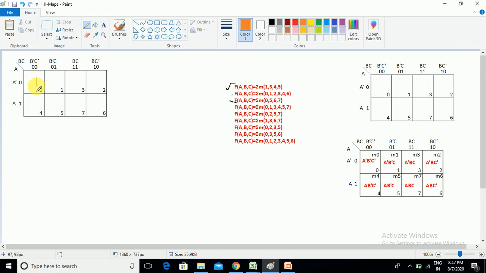Now all are selected except 7. And how do we create the mapping? Here it is a different kind of problem. Easily we can create the map for these 4 cells. Whenever you go for the mapping, you can create the 4 cell mapping. After looking into the problem, easily we are creating it. Another one also we can create with the overlap, with these 2 cells there. We can create the 4 cell grouping. Which one is not in the mapping? Only this one is not in the mapping.